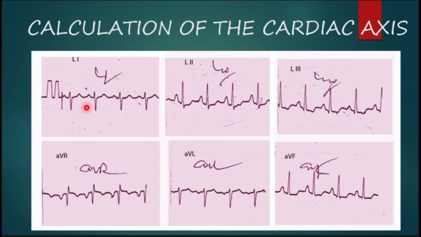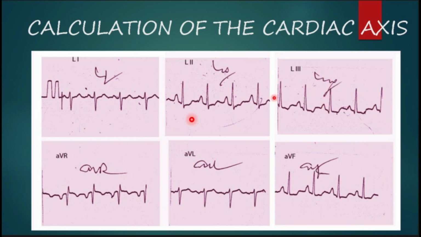Next, look at QRS polarities in lead 1 and lead 3. In lead 1, there is a dominant S wave. Therefore, the QRS polarity in lead 1 is negative, and the vector of the QRS complexes in lead 1 is downwards. Here, coming to lead 3, the QRS complex has positive polarity. There is a dominant R wave with a very low amplitude Q wave, and the vector of QRS complexes is upwards.